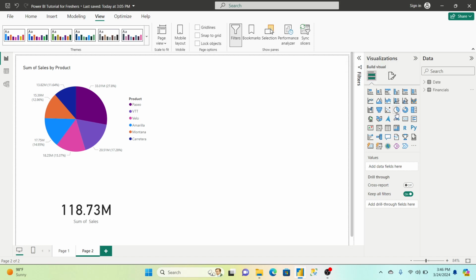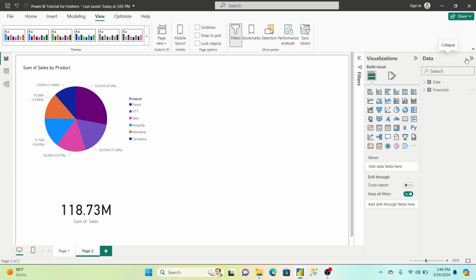Now the third point is, now we have seen these three views, even the basics of the visualization pane I have told you, like pie chart and card visual, and also about page and everything. Now we will go for the data pane. This filter pane we will check after, it is a little bit advanced. While creating the report, at that time we will explore each and every option. But right now you are all fresher beginners, so whatever options are very easy to understand, I am